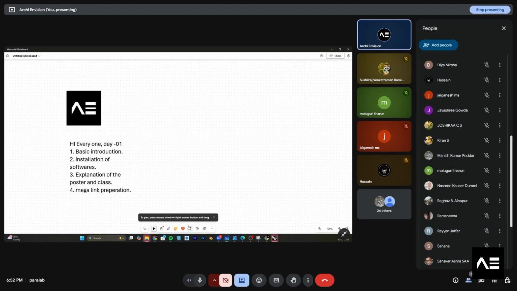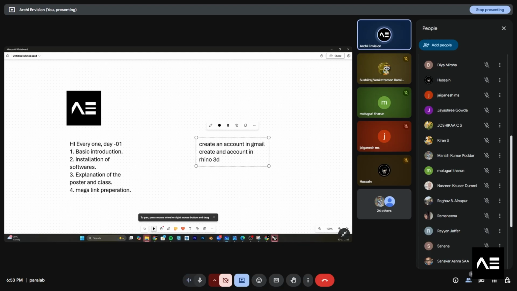So it will be helpful. Create an account in Gmail and create an account in Rhino 3D.